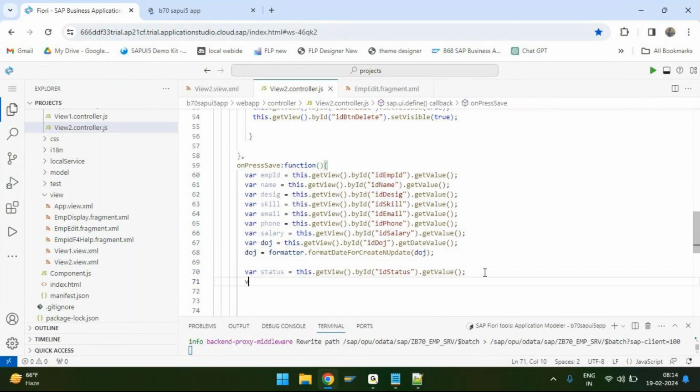And then we have one more, that is rating. So again, you need to copy this, put it here. ID rating dot get value. This is rating. Now coming to this date, whenever you are sending the dates from front end to the back